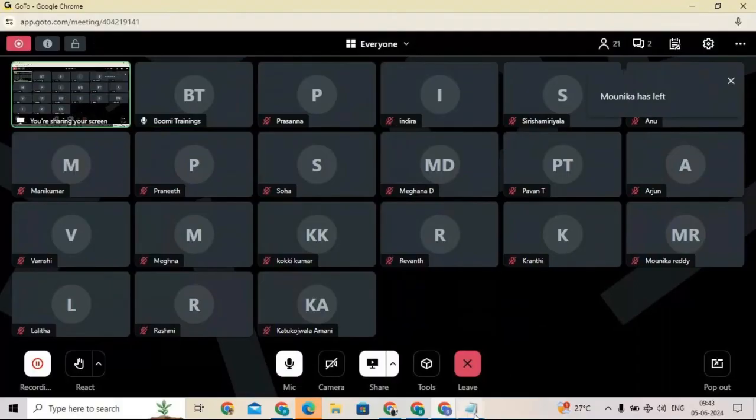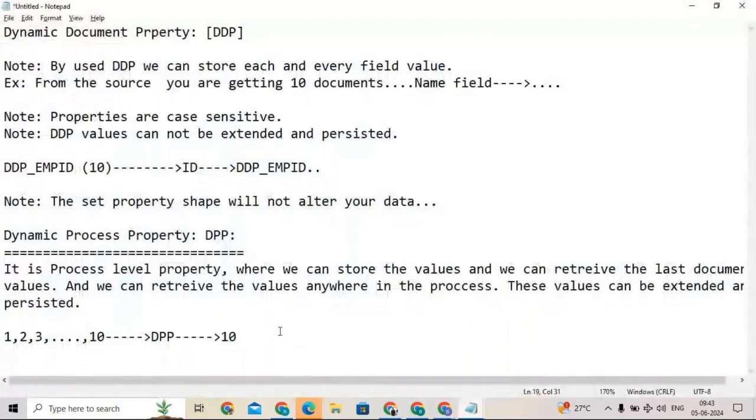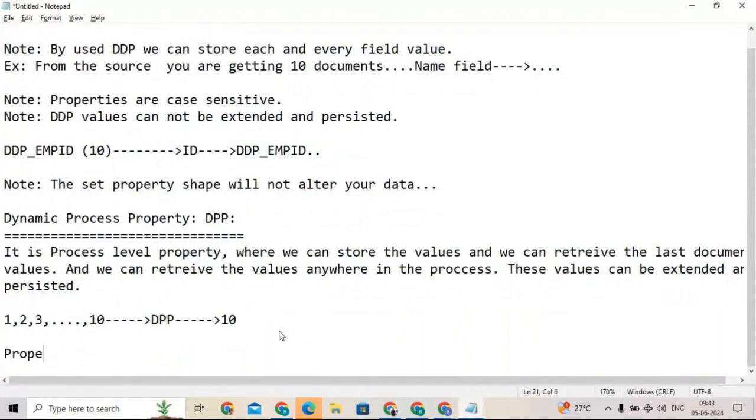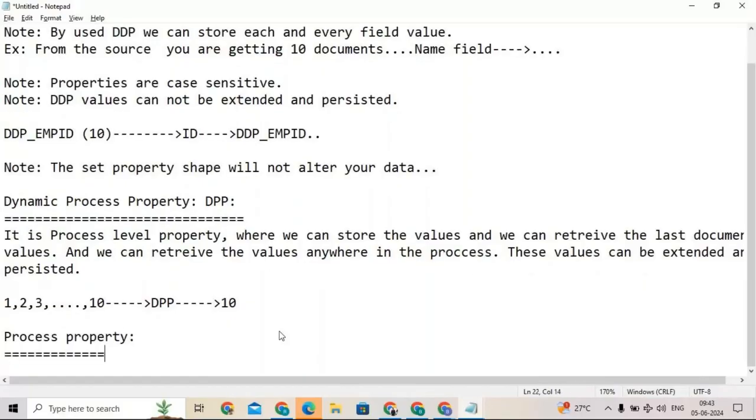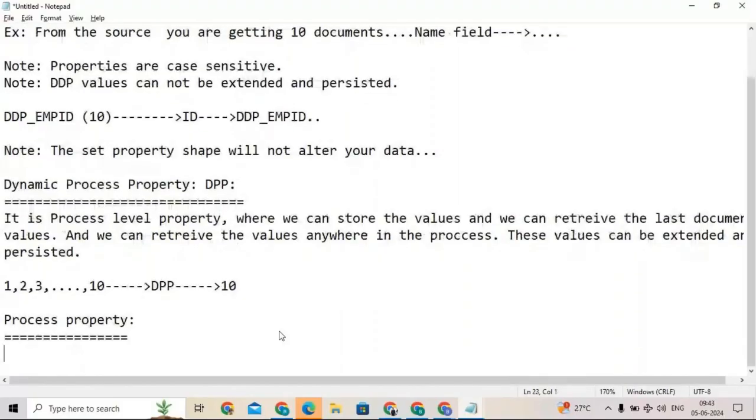Okay. If you don't have anything, now let me take process property. Process property is a component in Boomi. It is a component, guys. Process property is a component in Boomi, which holds the